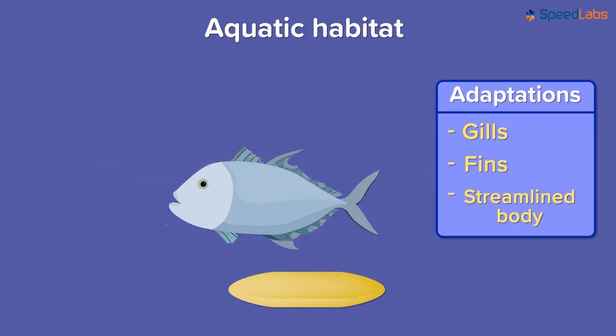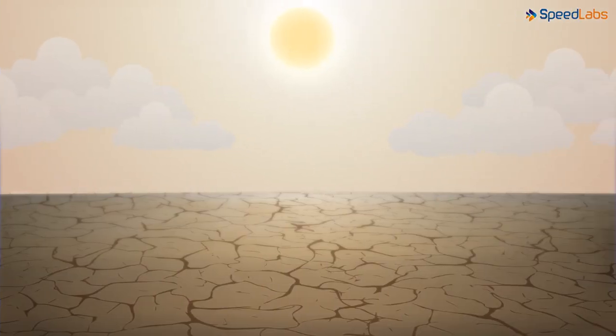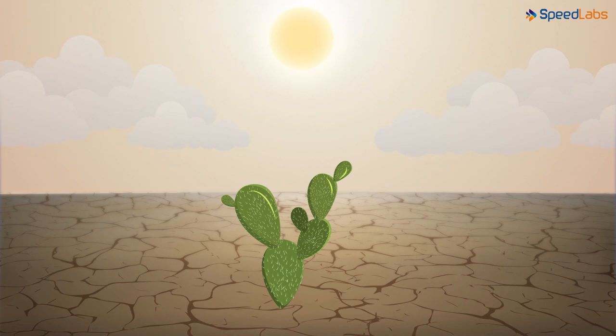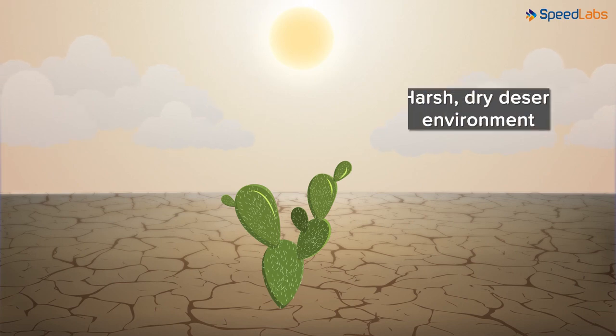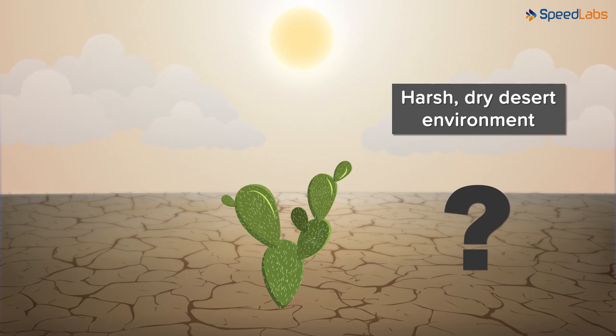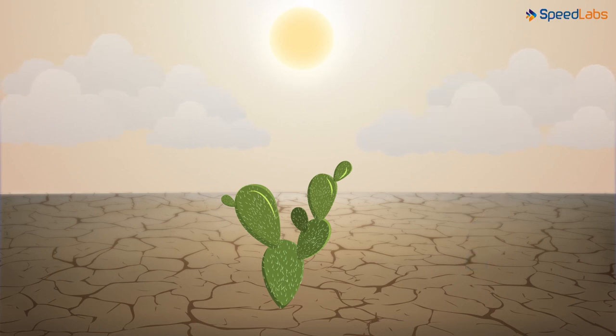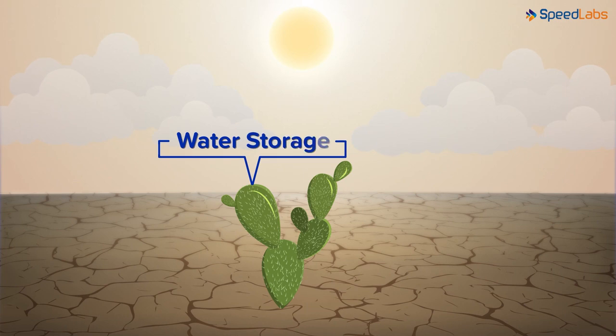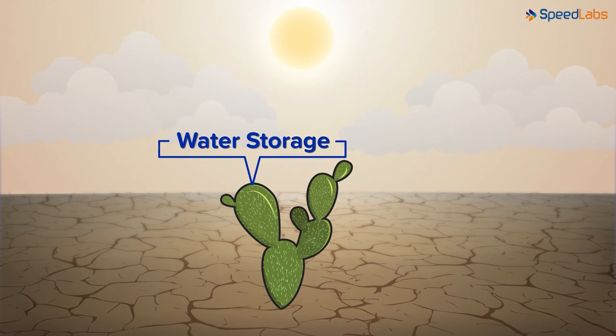Now, after understanding adaptations within an animal's body, let's have a glance at adaptations in plants. Let us look at an example to illustrate this. The best example to understand adaptations in plants is cactus. Cacti are able to survive and grow in the harsh, dry desert environment. But how do they live so peacefully in such a habitat? The first adaptation observed in them is the tendency to store water. Cacti that live in deserts store water in their body to overcome scarcity of water in extreme hot climate.